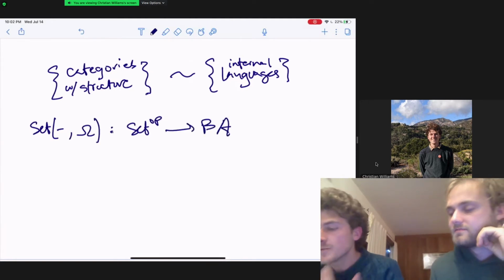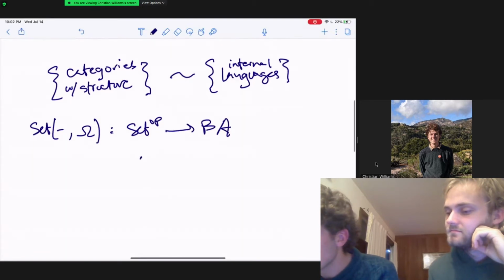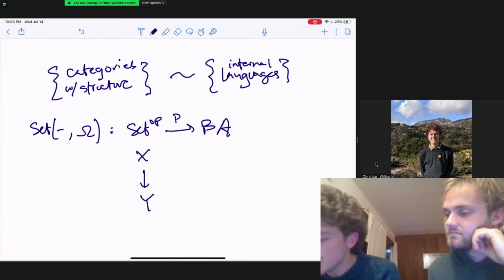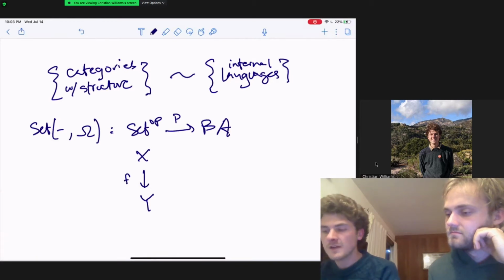Let's call it X and Y, because that category is called BA. Let's just call this functor P for power set. The thing that's extra nice about this functor is that for every function,